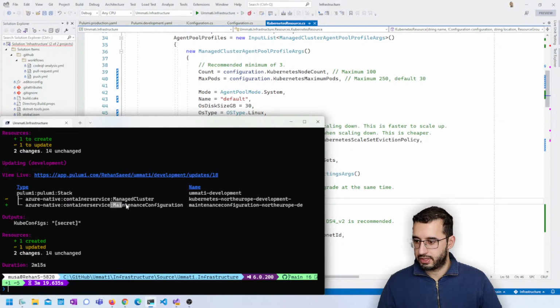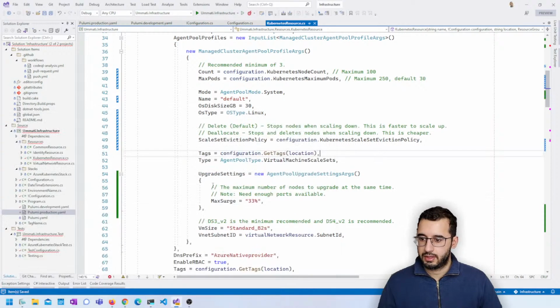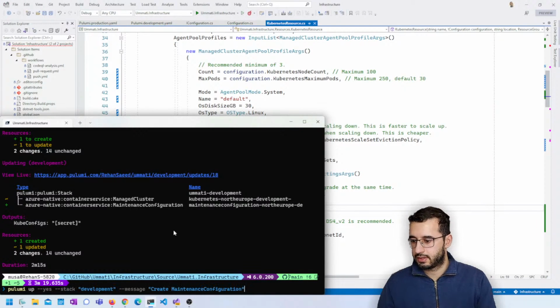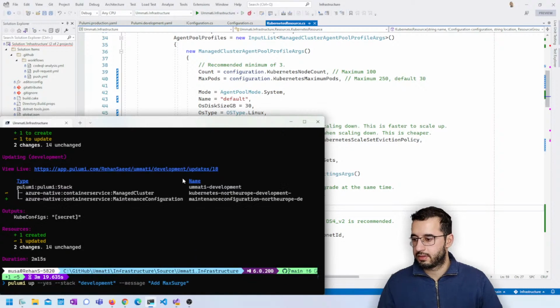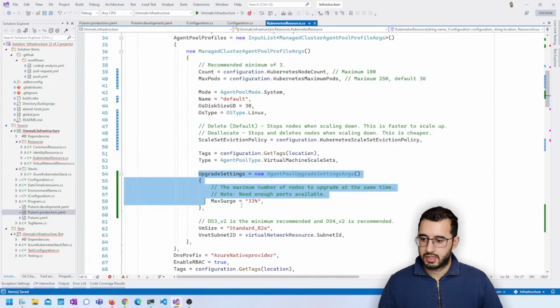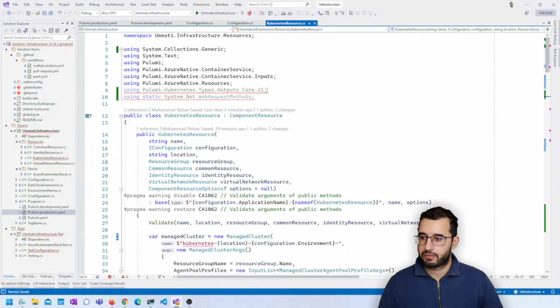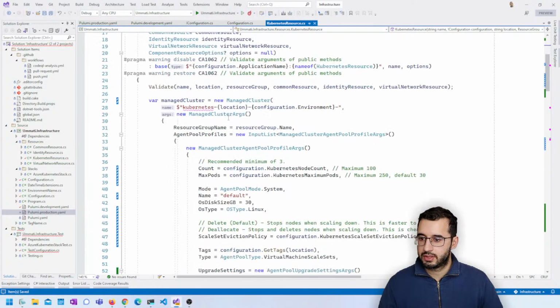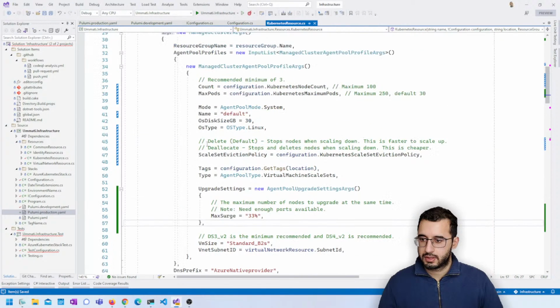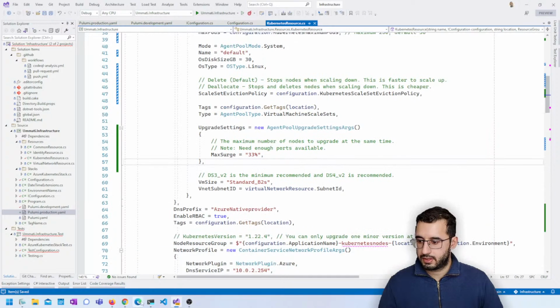Okay, so the maintenance configuration succeeded. Let's see what happens if we add upgrade settings. So this can be controlled by configuration also. I'll do that later. What's going on here with these namespaces? The next configuration item is automatic upgrades,